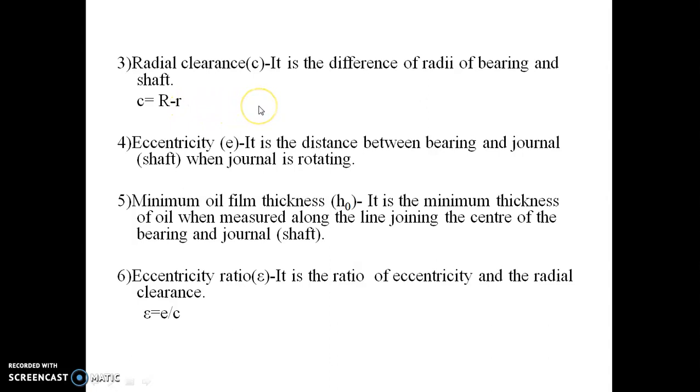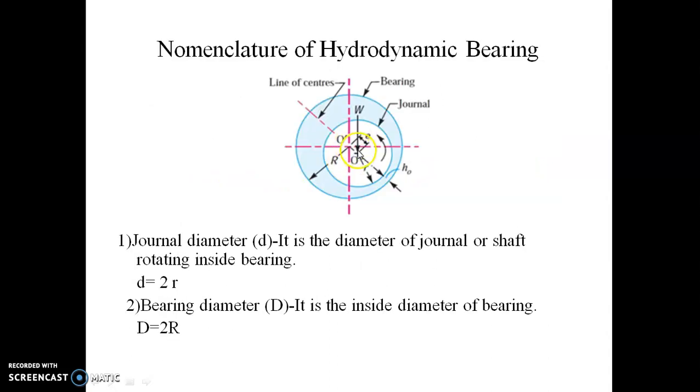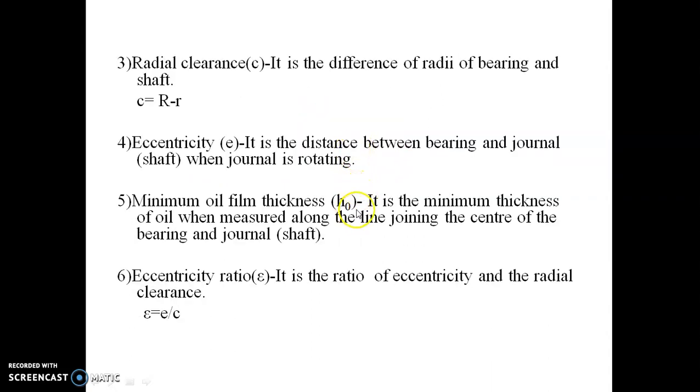The next one is eccentricity, denoted by e. It is the distance between the bearing and journal, that is shaft, when the journal is rotating. So this is the eccentricity. Then minimum oil film thickness h naught. It is the minimum thickness of oil when measured along the line joining the center of the bearing and journal,